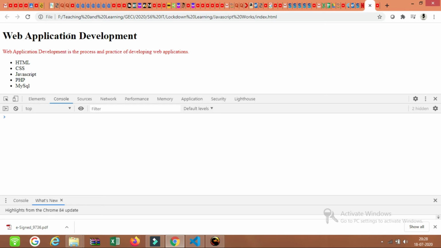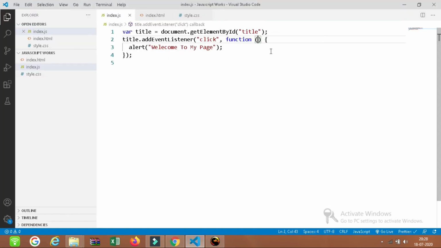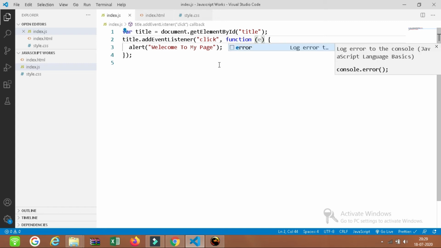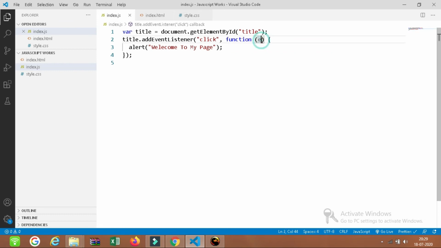This is the target where I clicked, so that target's style needs to be changed. For that purpose, we can add an argument here. I will add an argument e, which represents that event.